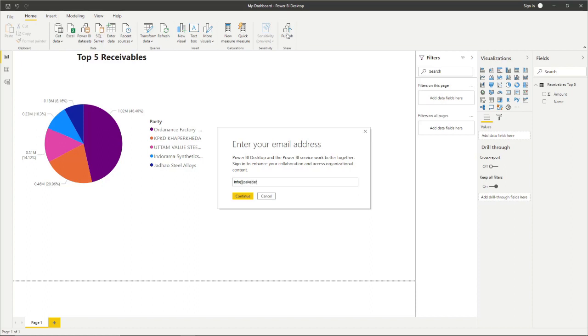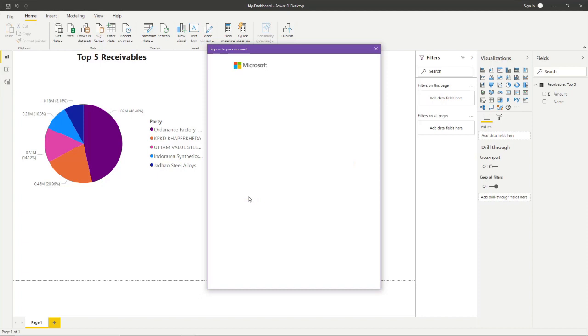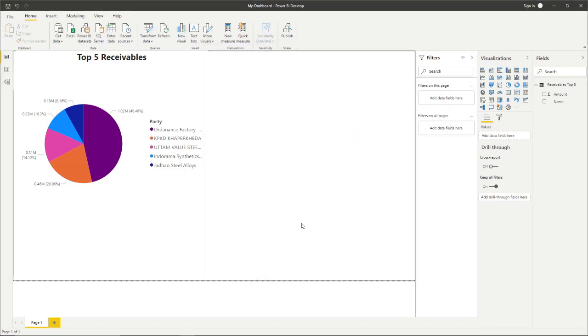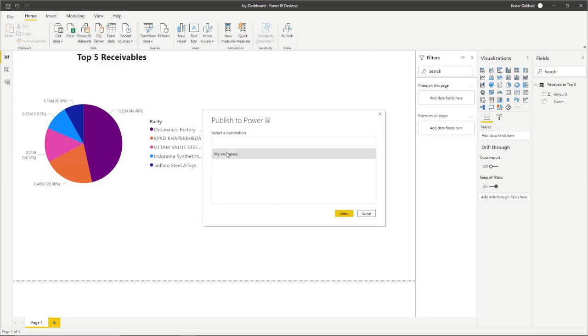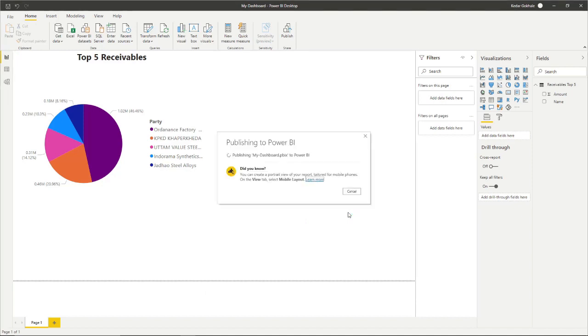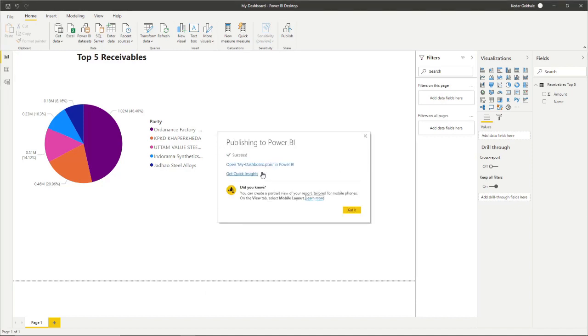So I will enter my business plan email ID and I will enter my password. My default workspace is My Workspace, so let us select this. Now it has published this dashboard along with the data to the cloud.